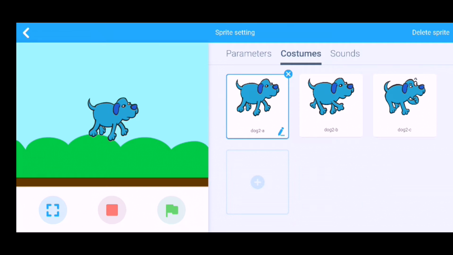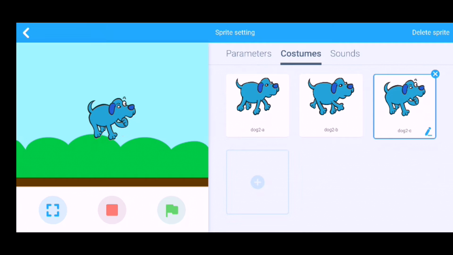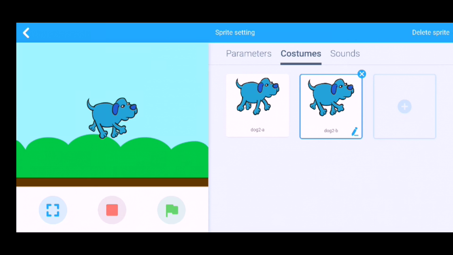In this dog sprite, we have 3 costumes. I require only 2 costumes, so I will delete 1 costume, this. Select this and then delete it. Okay. In this program, I will use only these 2 costumes.